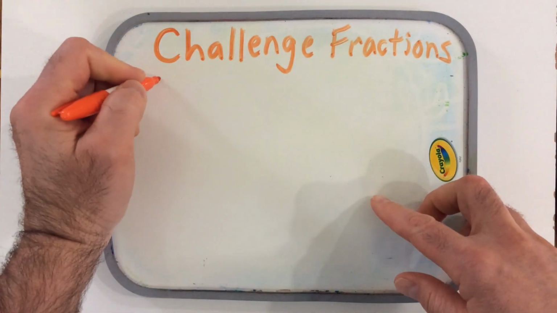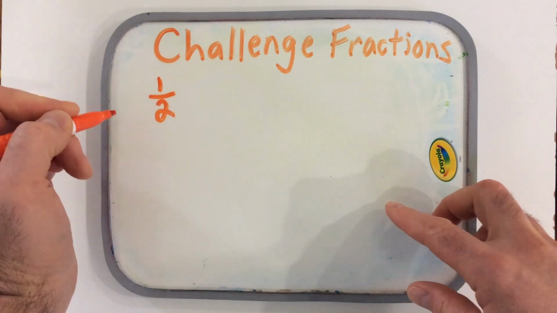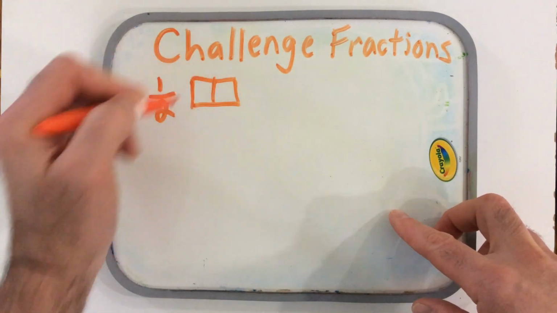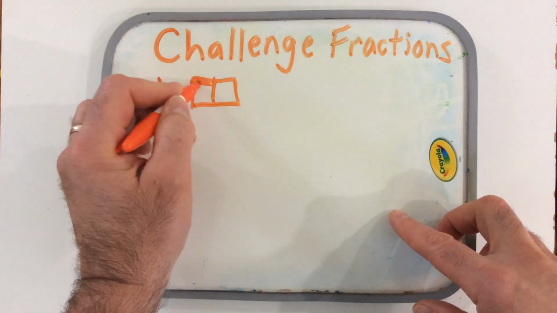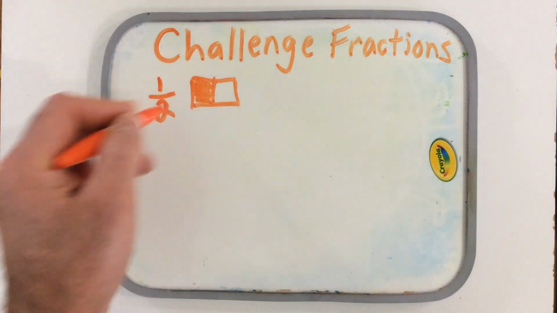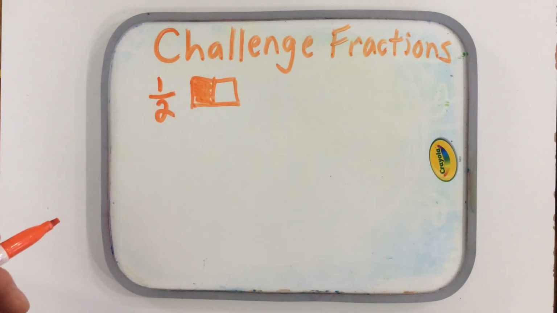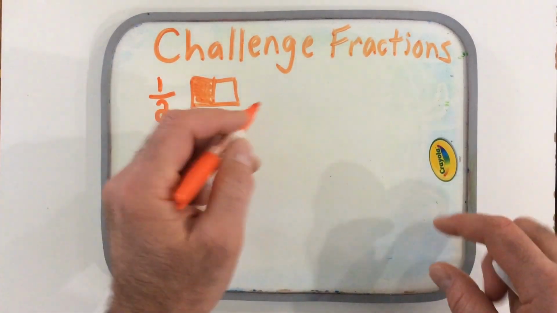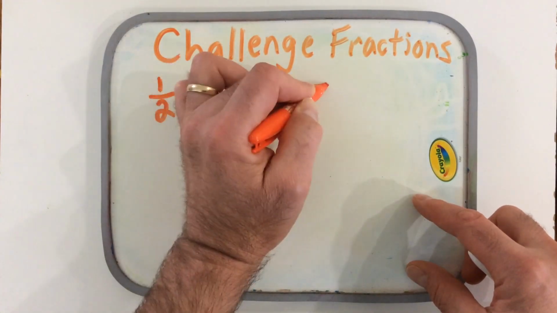So normally with 1/2, here's what we've been doing, or 1 out of 2, right? If you have a picture like that, you color in 1 out of the 2 pieces. Okay? But now what we're going to do is, like we said, challenge you a little more. We can do 1/2 of